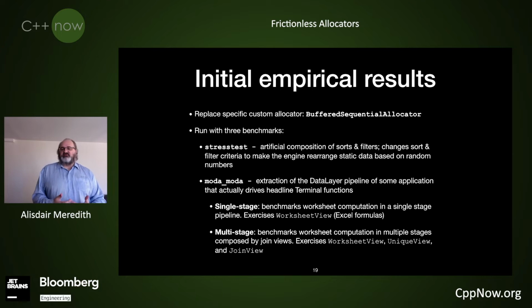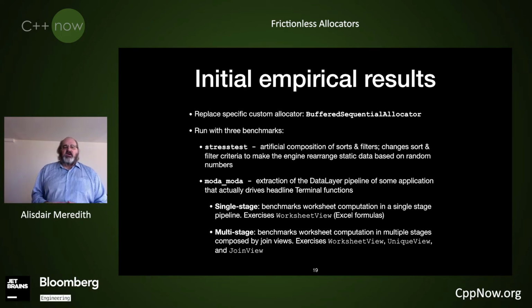So we've taken some existing, essentially Bloomberg code. It's built around the open source BDE library, where we have our own custom allocators and some code that's using it. So the buffer sequential allocator is our basic high performance allocator for allocating essentially off the stack. You put a small array on the call stack, allocate out of that, and hopefully you never have to go out to the heap. If you overflow that stack, it will go out to the heap and get another buffer so that we don't run out of memory, but hopefully it's relatively small. We hit the heap relatively infrequently. We just get these large contiguous buffers that support our allocation. And again, when we go out of scope, hopefully we never have to hit the heap and everything just comes off the stack.